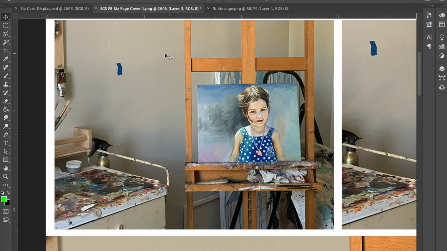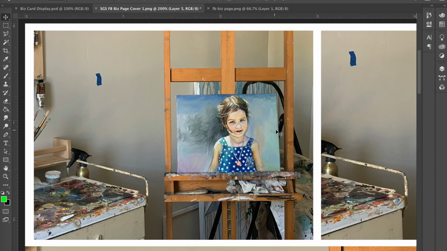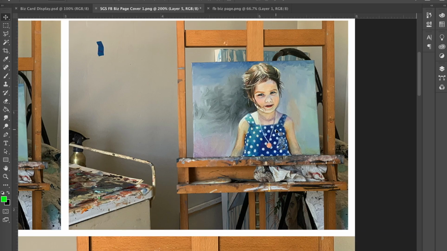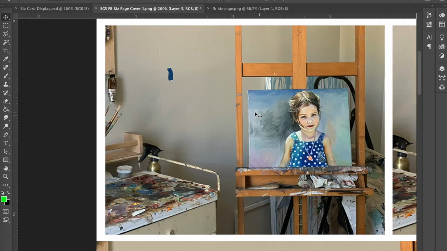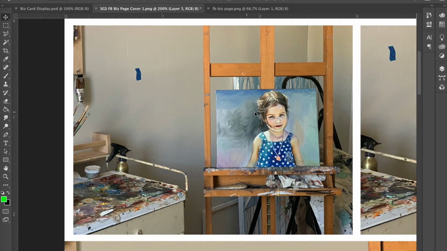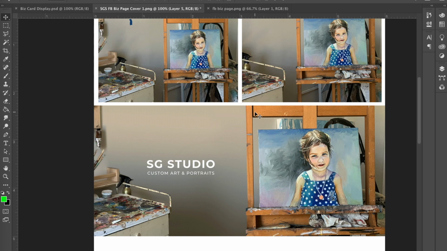And then I took this one as well. I like the story that it tells about the studio with all this nice paint on the used palette, as well as some brushes and some of my paint that I have in the studio. You already see some paintings in the background, but I also liked the easel and the image of the canvas here, and also to accommodate the dimensions that are necessary on different social media sites like the Facebook business page banner. I knew that I needed to make it a wider